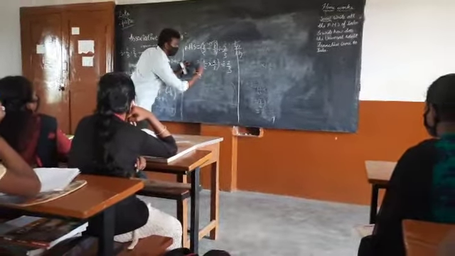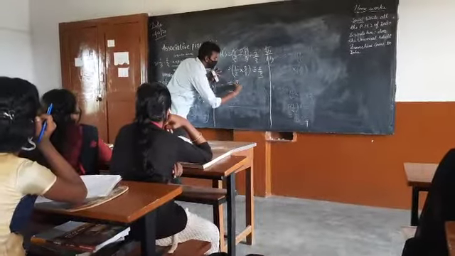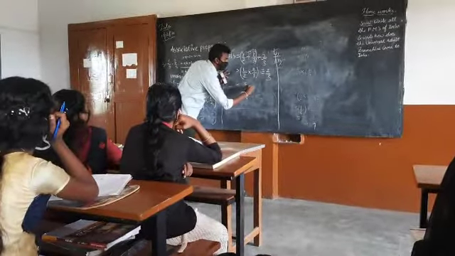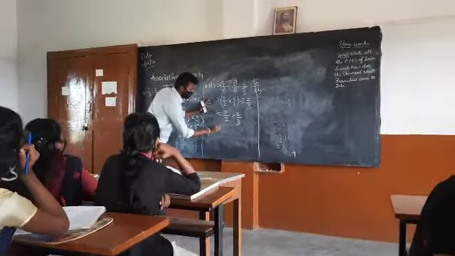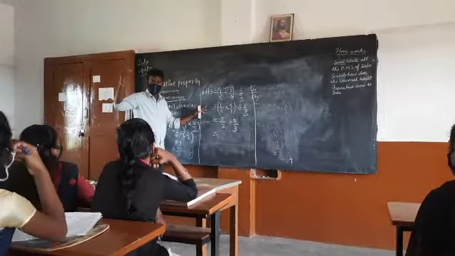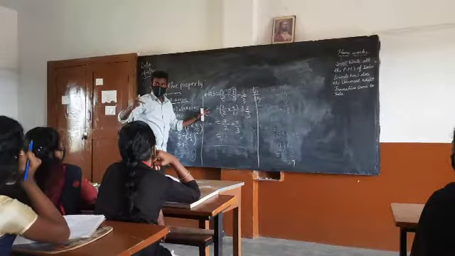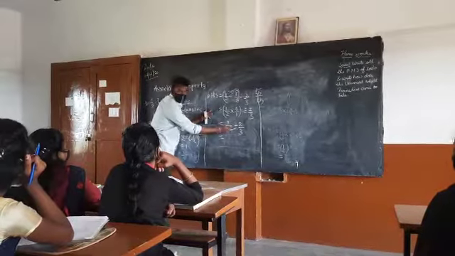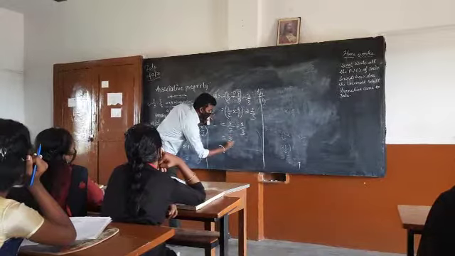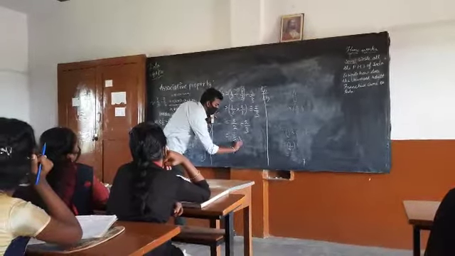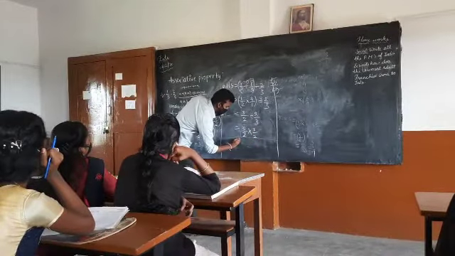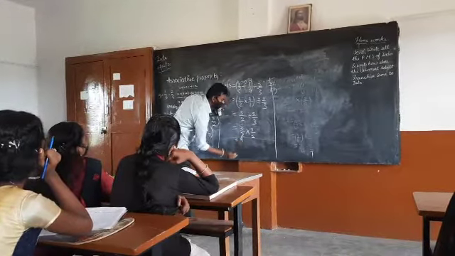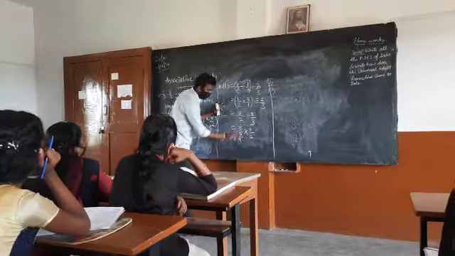1 into 3, 3; 2 into 1, 2. 3 by 2. Very good. 3 by 2 divided by 2 by 3. No cancellation. Cancellation will be done only in multiplication. Very good. So 3 by 2 into the reciprocal of this, 3 by 2. How much did it come? 1? No. 3 into 3, 9 by 2.